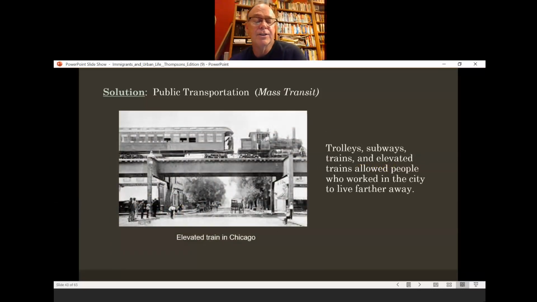And here's a picture. Not every city has these, of course, but somebody pretty ingenious figured out, what if we put the train tracks, we elevate them above the streets so you can still have the streets being used, but now above are elevated trains. And you put little steps up and little train platforms where people can go up the steps to catch the train and come down when they get to their stop. And boy, ingenious, right? So those are some examples of public transportation.